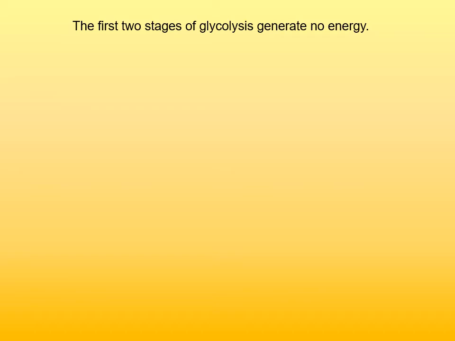These first two stages of glycolysis generate no energy. In fact, two molecules of ATP have been consumed to produce fructose 1,6-bisphosphate. So these two stages actually require energy input. They consume energy. So initial digestion of food actually requires energy. And that's